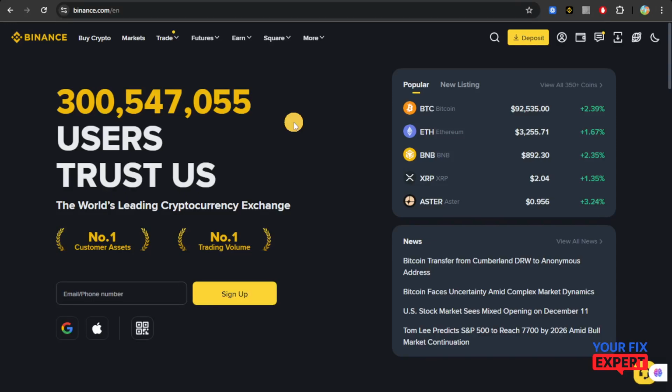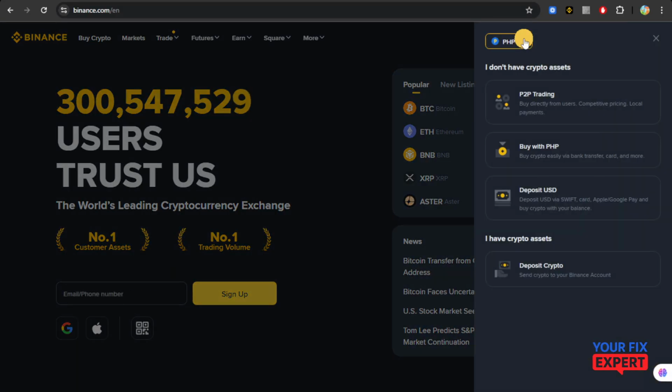This is how you're going to transfer crypto from CX.io to Binance. First, you're going to log into your Binance account, and then you're going to navigate to the deposit section right here at the top right of your screen. From there, you're going to scroll down to the I have crypto assets section, and then you're going to click